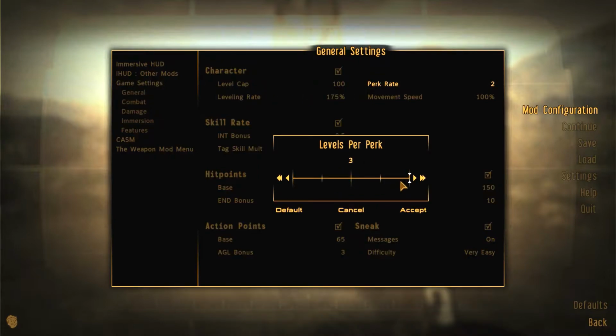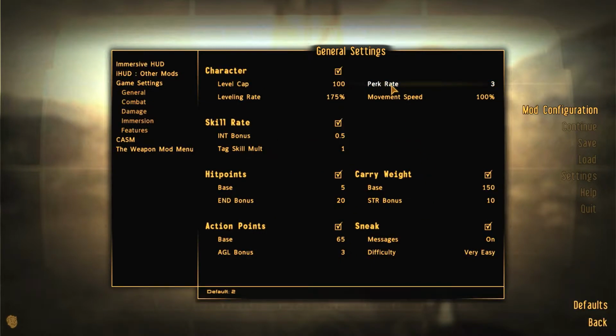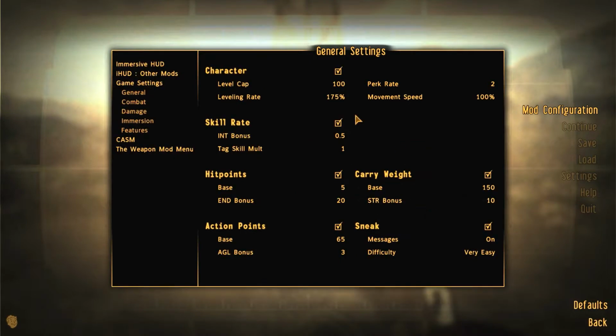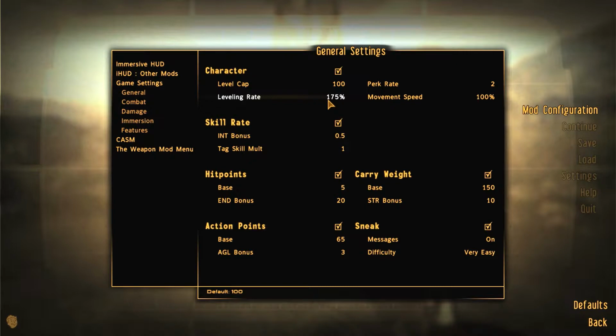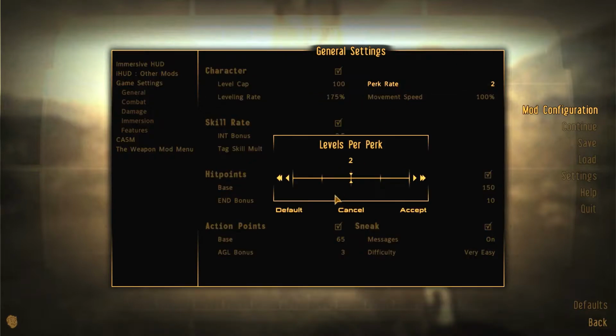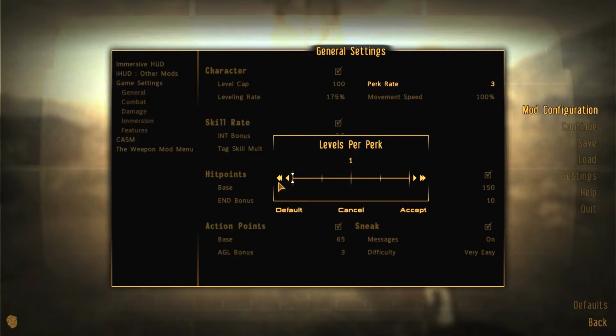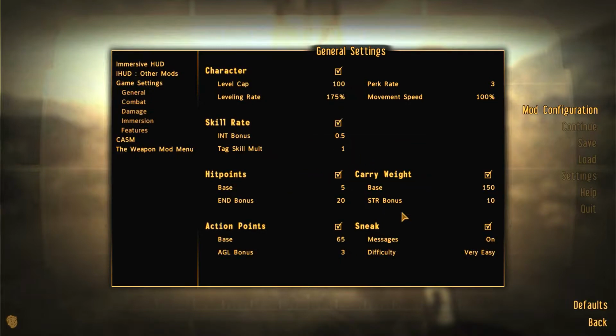So this is your perk rate, and this is what I was talking about, and you basically have set it to 1, 2, or 3. So basically what this means is the default is 2 for Fallout New Vegas, and you reach level 1, you get a perk, level 2 you don't, and then level 3 you get a perk. That's the way that the leveling works. So you could change this. So every 3 levels you get a perk, or set it to 1 and every level you get a perk. And with the perk mods that I'm going to review,